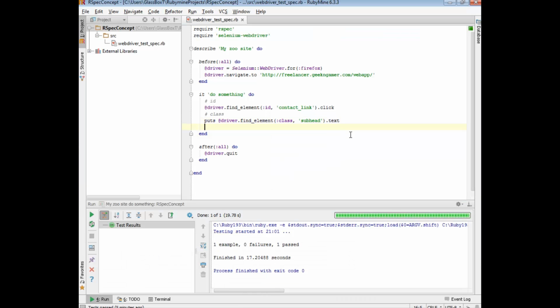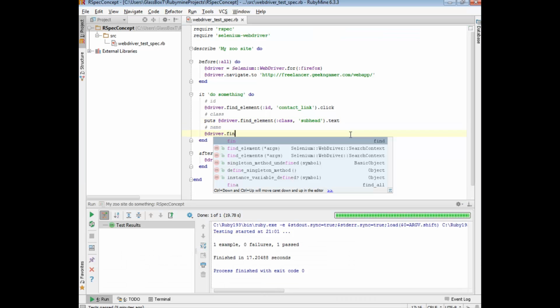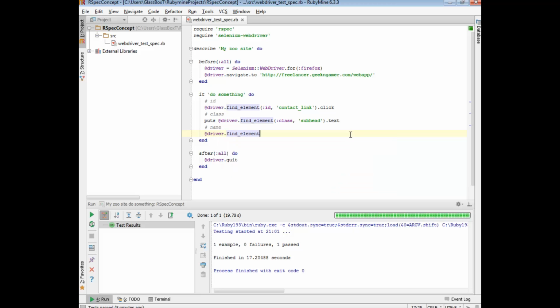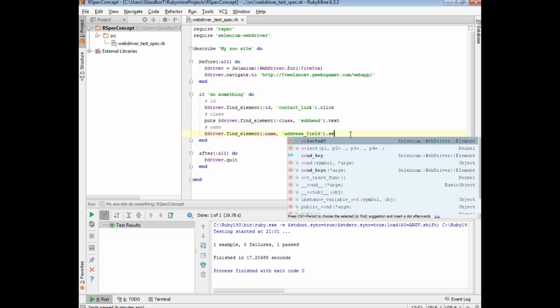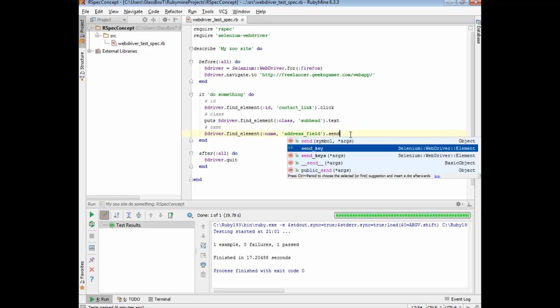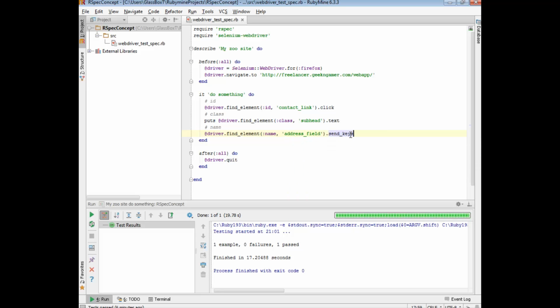So for this particular one, this is going to be the name locator. We're going to say driver dot find element by name, and the value we're going to pass is this. And in here we're going to say send keys,